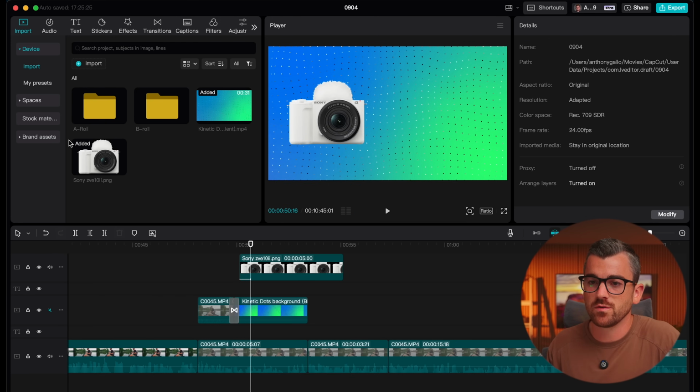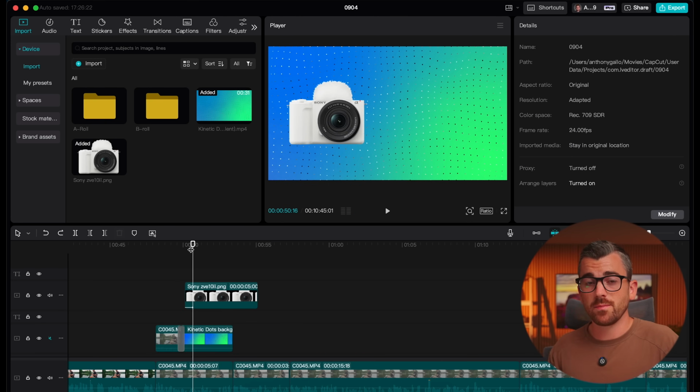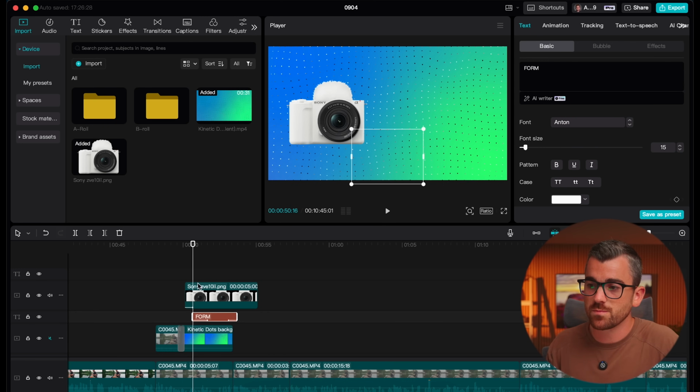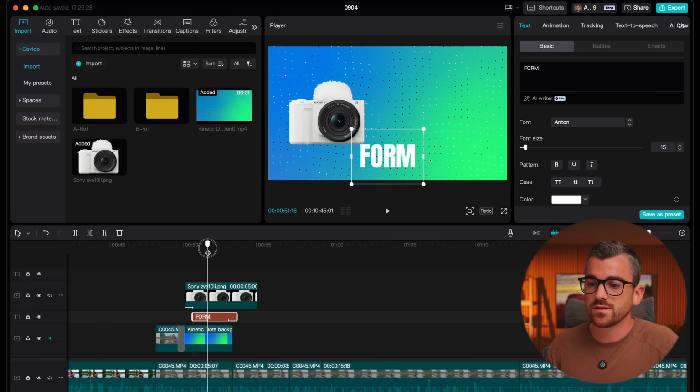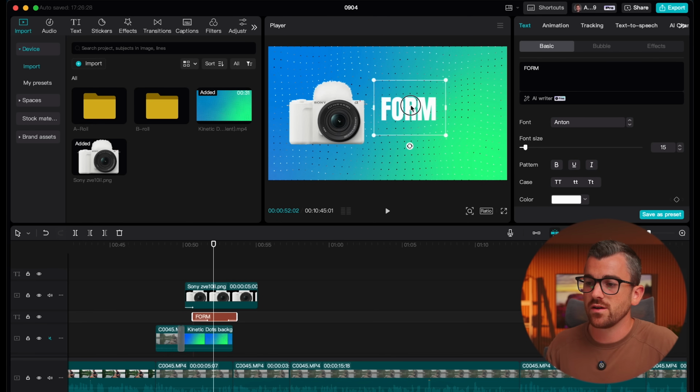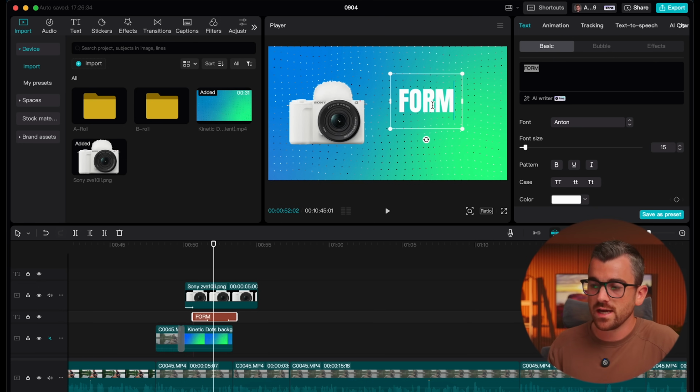Now we can add some of our text. Now all I'm gonna do is copy the text we made just a minute ago, Command C, and then we're gonna hit Command V, which pastes it right here. Now you can see that text is here. Again, we're just carrying over that animation, and I can type in